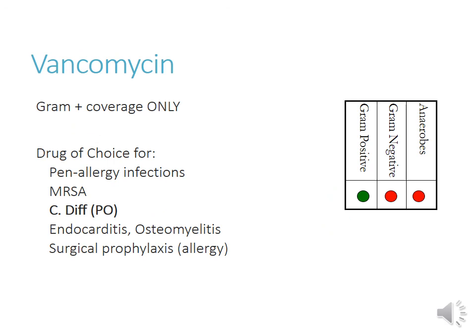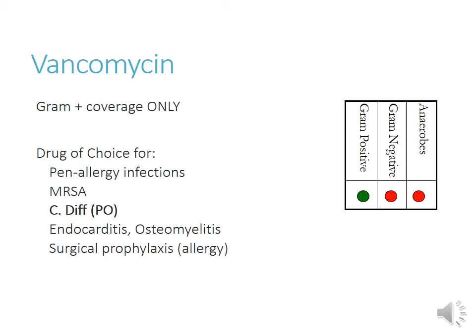So vancomycin only has gram-positive coverage, but of note, it also will cover MRSA. This is really where you see a lot of use for vancomycin, in empiric therapy when you're concerned about the patient having an MRSA infection. So this is going to be good, especially if you have patients who are coming in who have, say, Lyme infections or septicemia and you're worried about MRSA. This is a really good drug to go to with that. Keep in mind that this drug is only administered intravenously, usually. It really doesn't have any oral absorption,